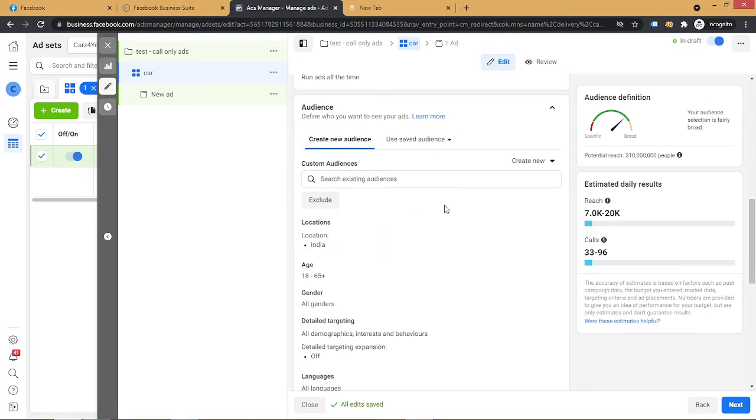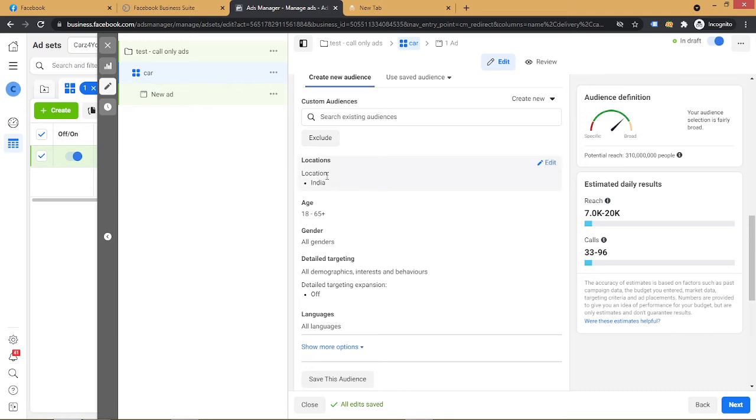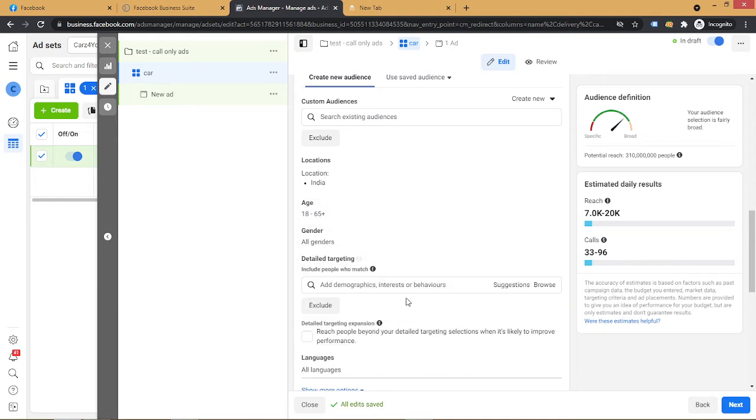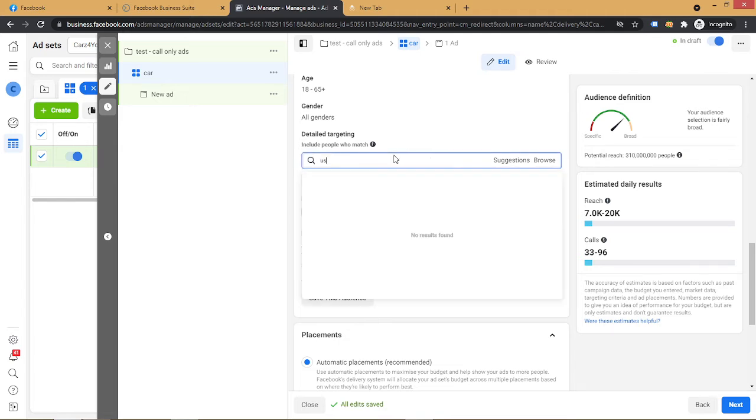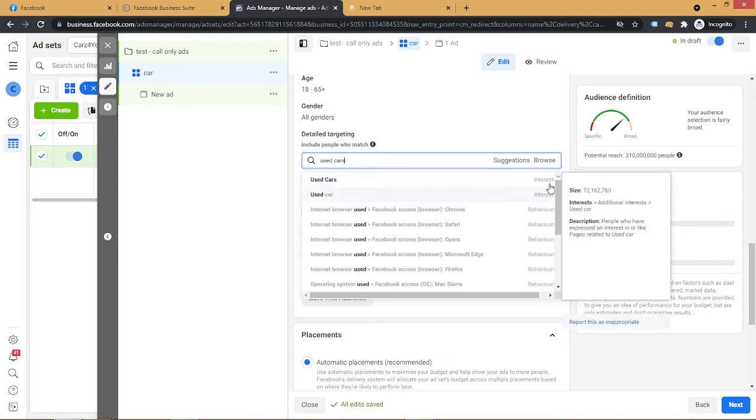Here we can create a new audience for the location where we have to run the campaign. We can choose the age group, genders, or detailed targeting. We can ask for the interest or behavior of a person, like if I have to target used cars, Facebook will give me a list of suggested audiences who have an interest in used cars.